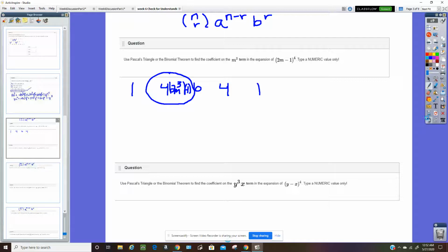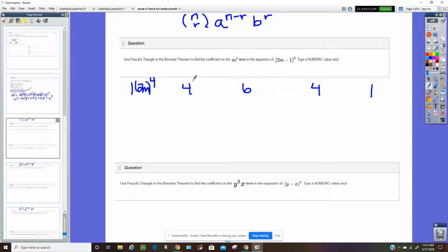Let me rewrite this here so I get a little bit more room. So 1, 4, 6, 4, 1. All right, so this would be 1 times 2m to the fourth, and then negative 1 to the 0 power. So we don't really need to write that. And then,